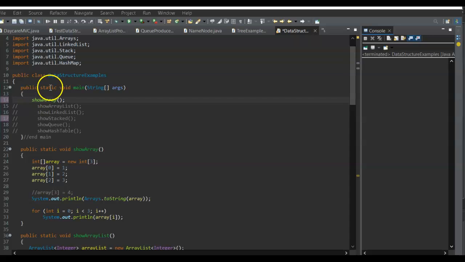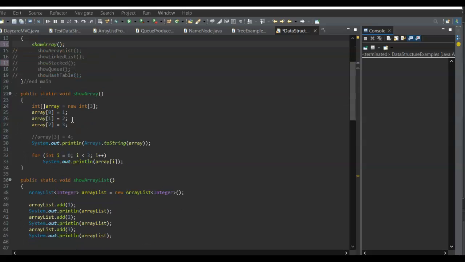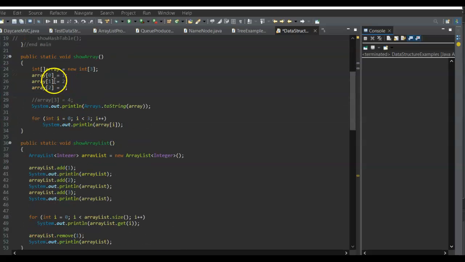An array is basically a simple array that has a fixed size. You can store primitives and objects in an array. I have an example code called showArray that has this example. You can only do a fixed size like this one, where it has only 3 elements that can be put in it, and you can only access it through the element numbers, the index numbers, using these brackets.